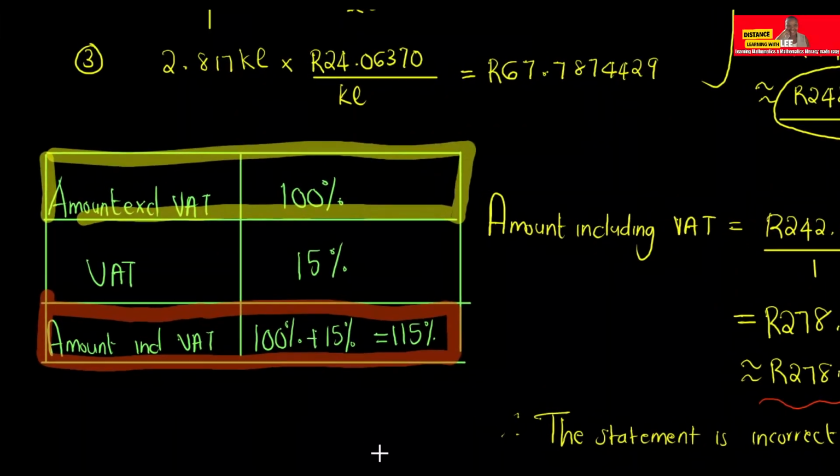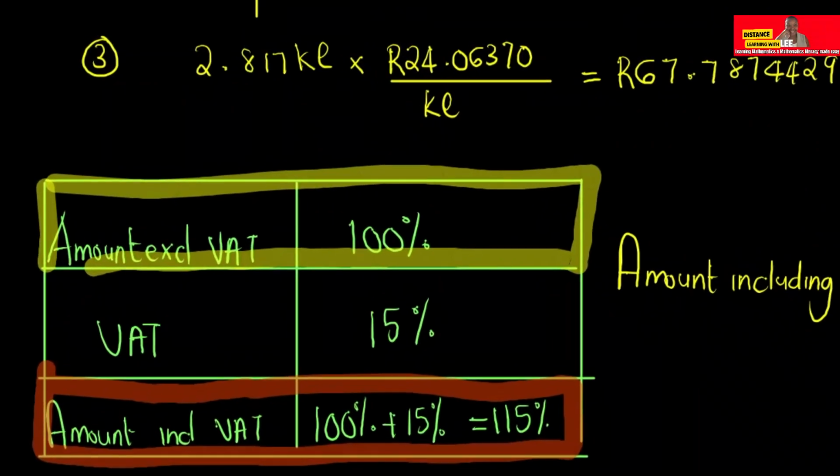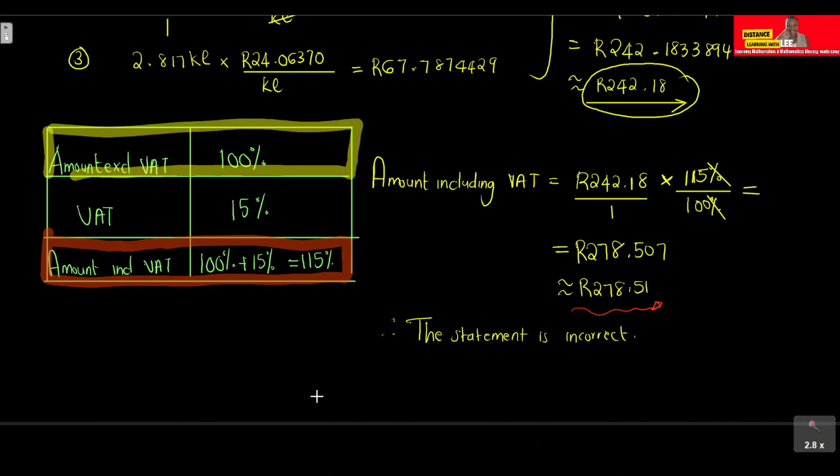The amount that excludes VAT is 100% because we haven't added anything to that amount. But once we add a particular percentage, we're adding the 15% VAT, and that amount is actually